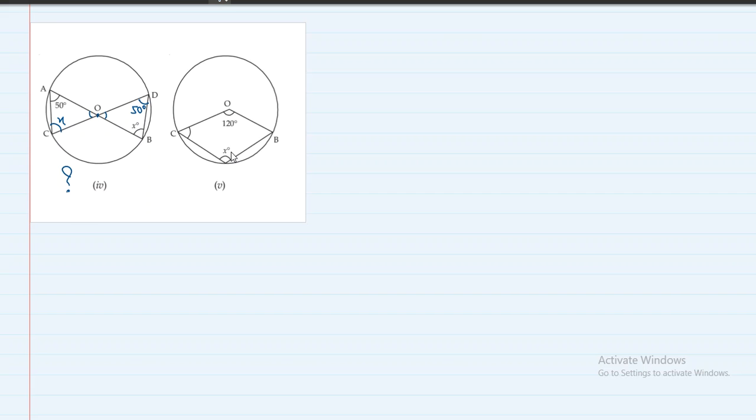एंगल। ओह दिस इज़ वेरी इजी। यहाँ पे ये 120 है, तो हाउ मच विल बी दिस एंगल? 360 माइनस 120 दैट इज 240 डिग्री। अगर ये 240 है तो हाउ मच विल बी x? x विल बी हाफ ऑफ 240 विच इज़ 120। तो यहाँ पे x कितना होगा, 120 डिग्री। कौन सा थियरम यूज़ किया मैंने? पहले तो एंगल्स अराउंड अ पॉइंट, मतलब कंप्लीट एंगल का वैल्यू कितना होता है, 360। सो अगर ये 120 है तो ये 240, एंड एंगल सबटेंडेड बाय एन आर्क एट द सेंटर इज डबल द एंगल सबटेंडेड बाय द सेम आर्क एट द रिमेनिंग पार्ट ऑफ द सर्कल। थियरम यूज करके x निकाला, 120।